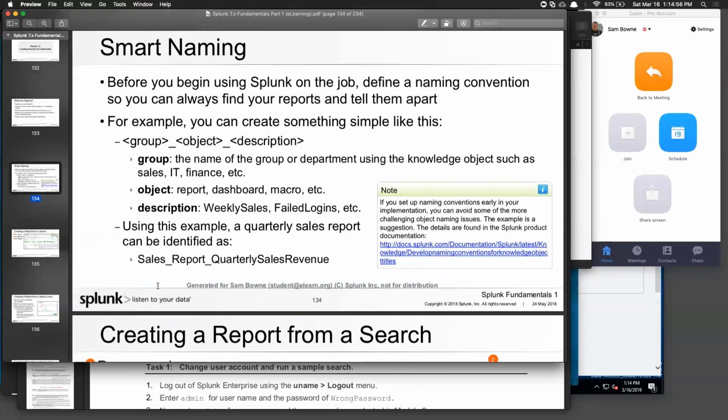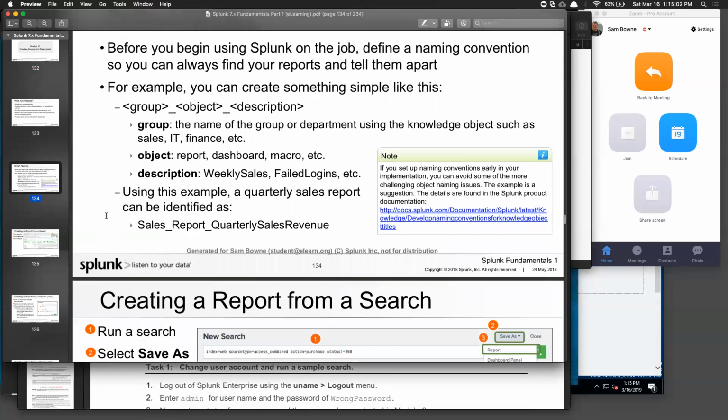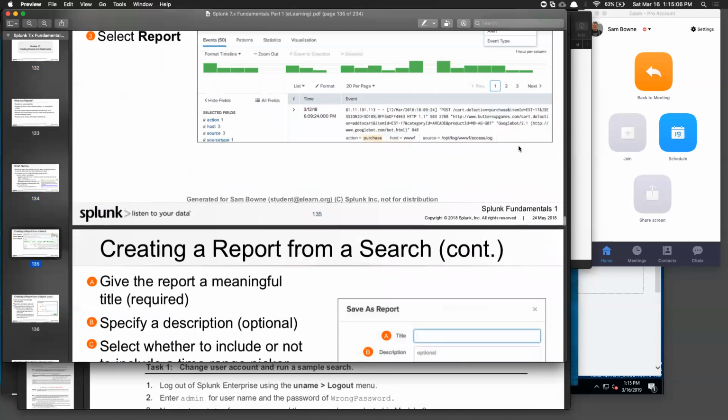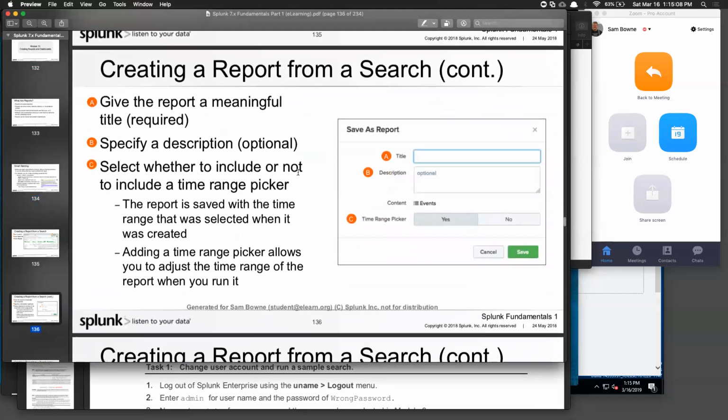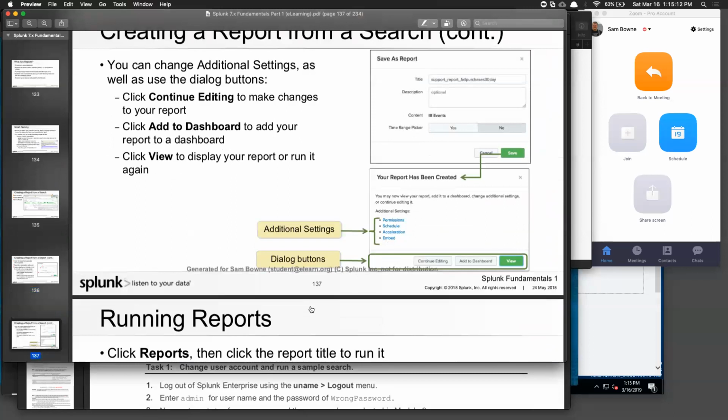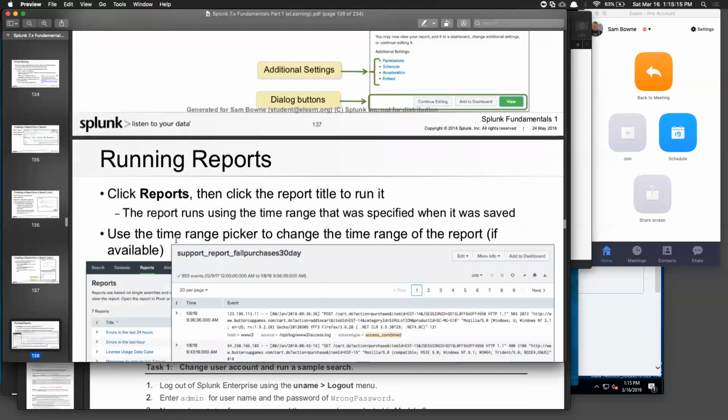So they end up with things like sales report, quarterly revenue, things like that. So hopefully you can then do a search. They will all have a word in common and so on. Anyway, so you run a search and just save as a report. And that gives you an opportunity to give it a title, specify whether people should be able to change the time,